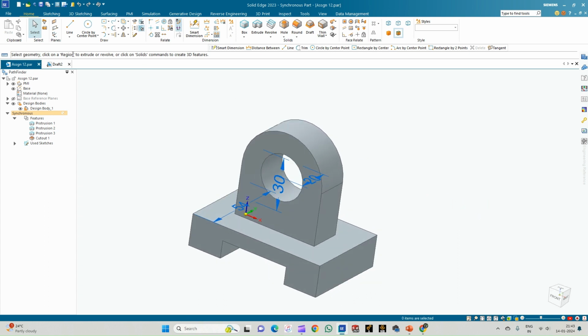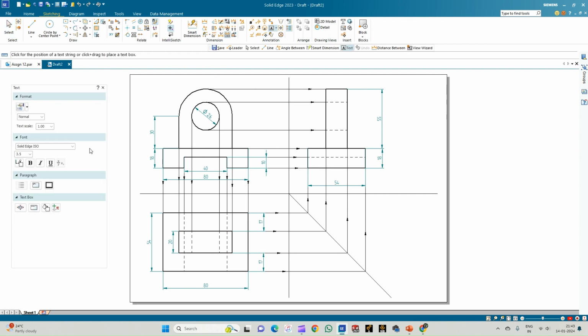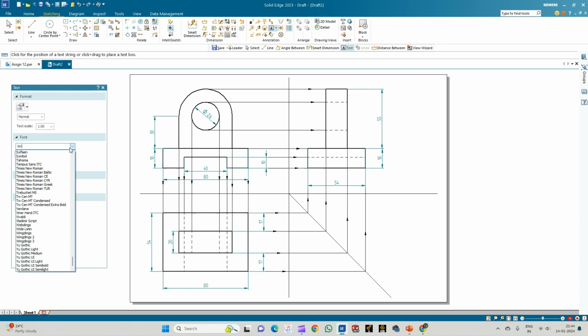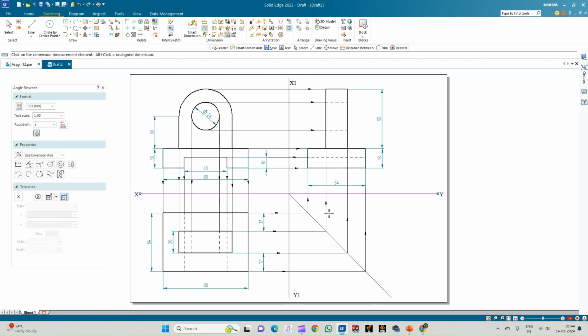So this is the 3D model, and this is the orthographic projection of the model. So go to the annotation, change the font style to Times New Roman, and label the axis. So this is X axis, XY plane, and this is the X1, Y1 plane, X1, Y1. And the angle, select the angle option, measure the angle between the